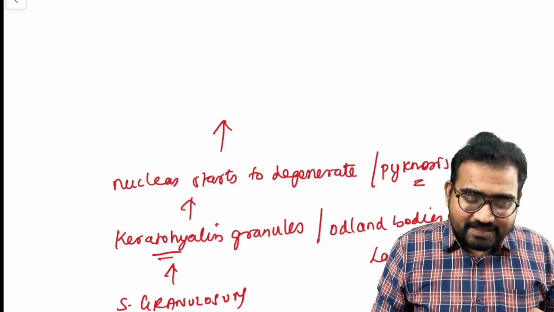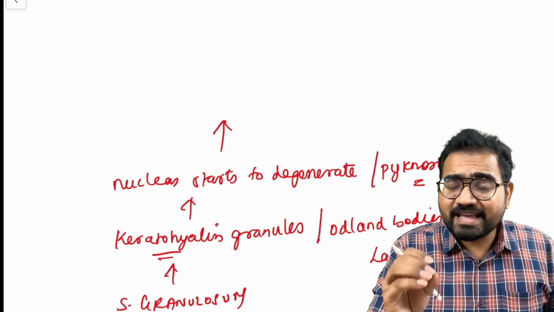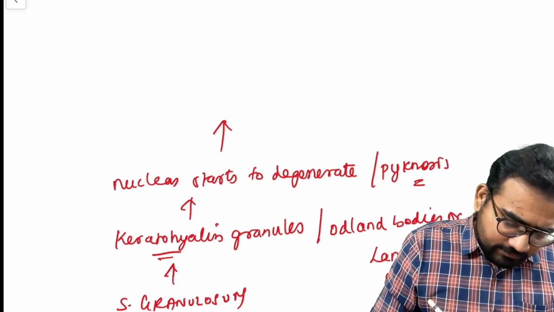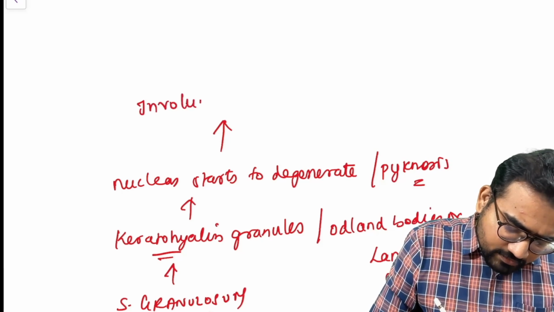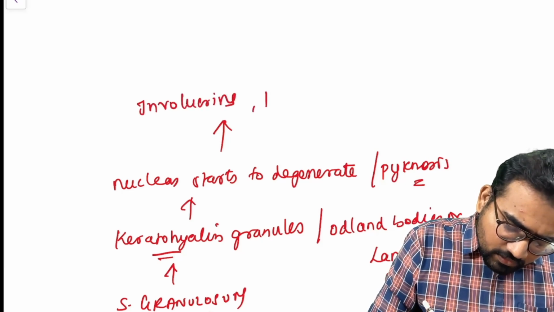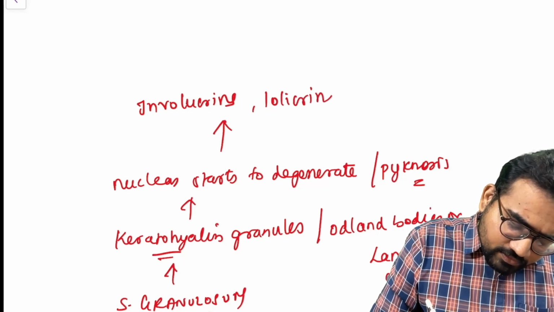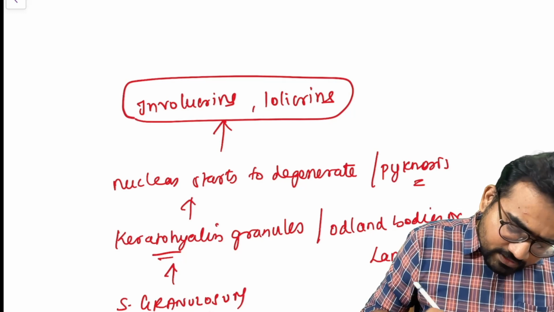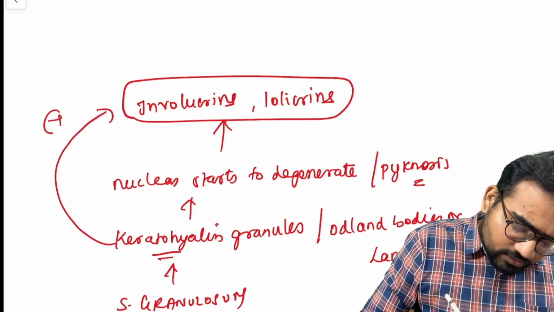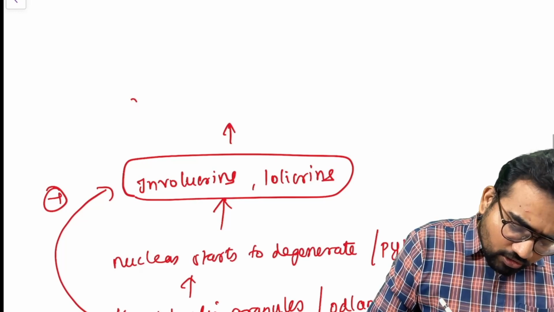These keratohyalin granules, with the help of certain proteins, involucrin and loricrin, shed all their contents,